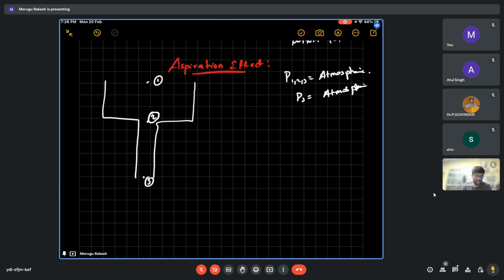But if there is any pressure less than atmospheric, there will be a vacuum pressure, so that air can be sucked into the gating system. That is what we need to avoid. So if you take the P3 point as atmospheric, that ensures that everywhere it is positive pressure, so there will be no aspiration effect in the gating design. Now if you apply Bernoulli's principle,